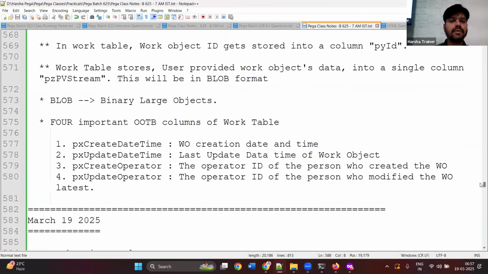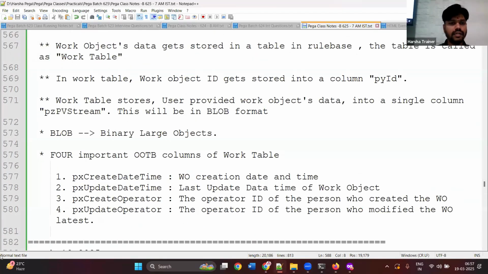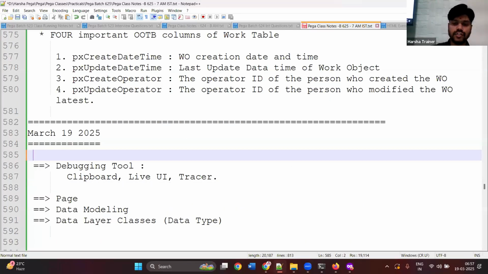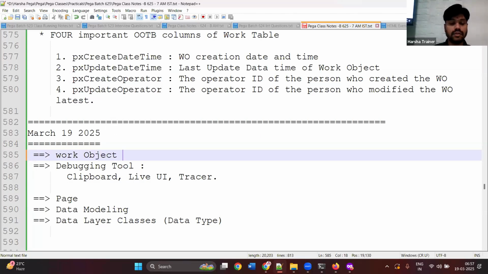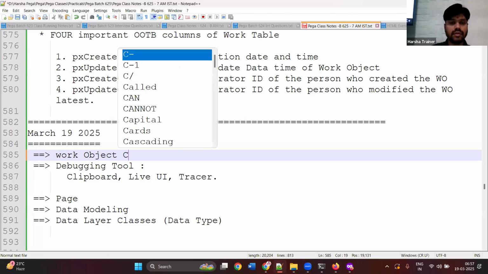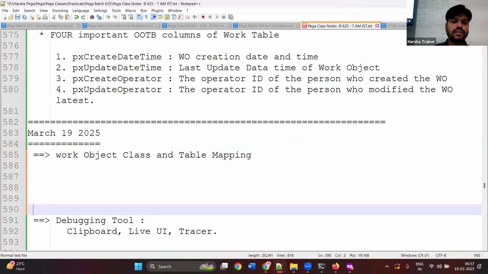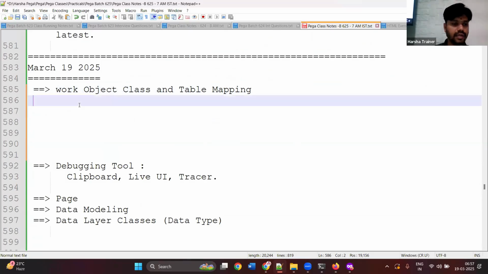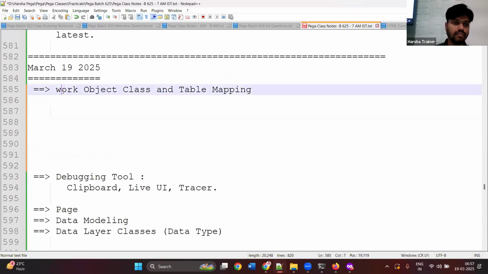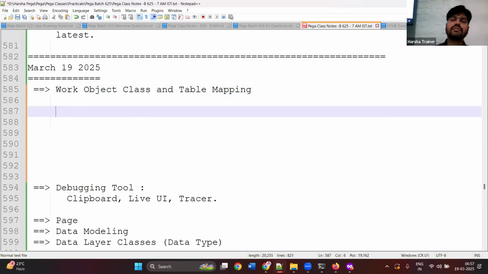So last class we were discussing about work object, right? I think the discussion is not yet completed. We need to extend that. So, work object continuation: work object, class and table mapping. This one. So am I audible? Someone please unmute and confirm. Yes. Okay. So do you have any doubts about work object,